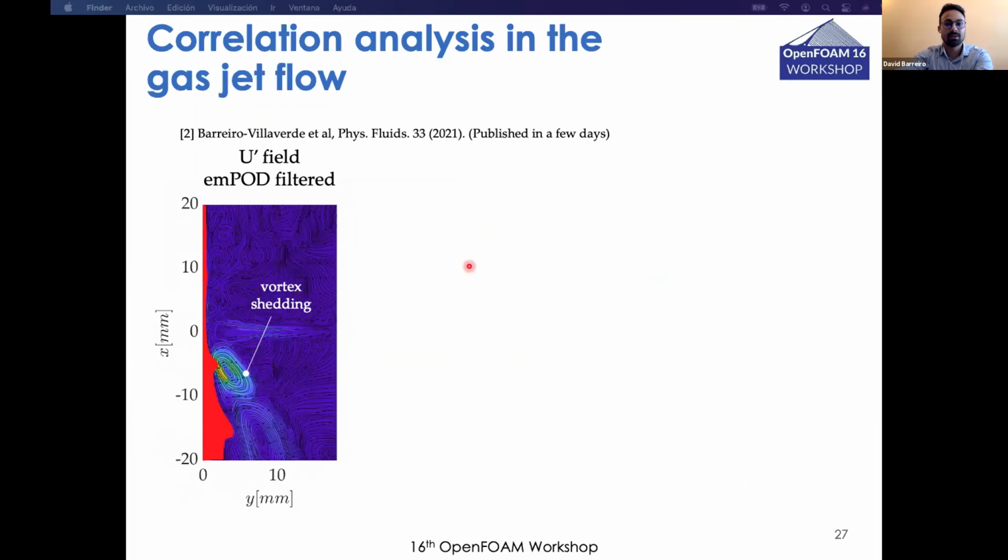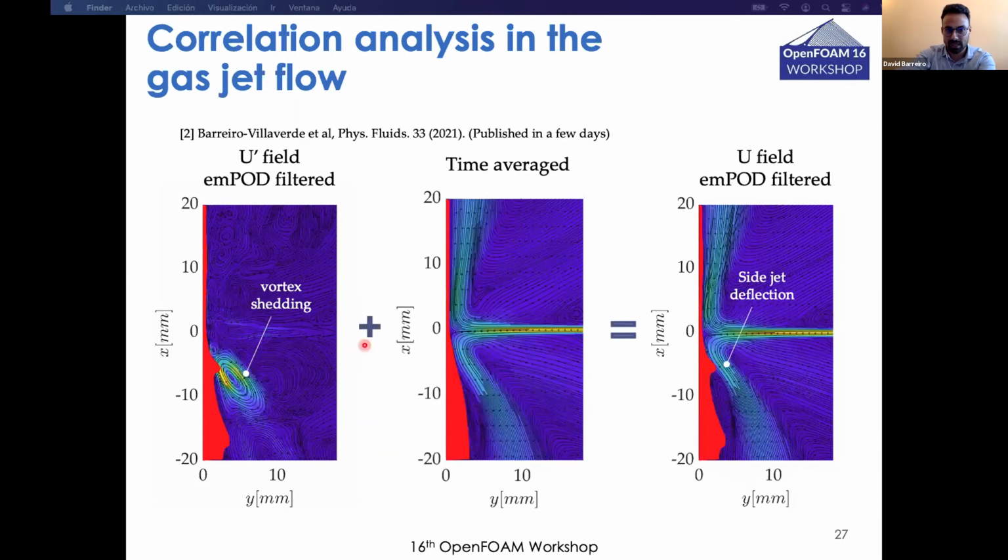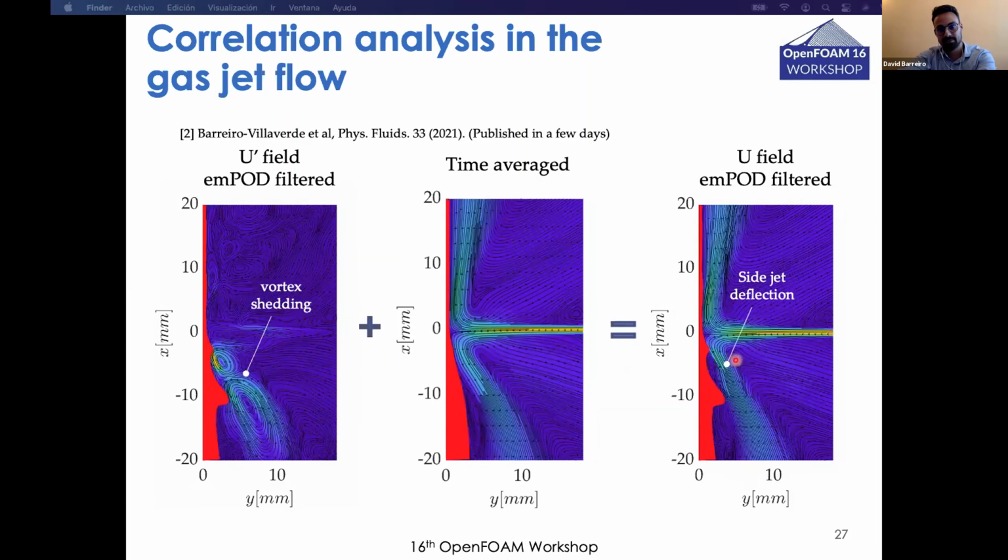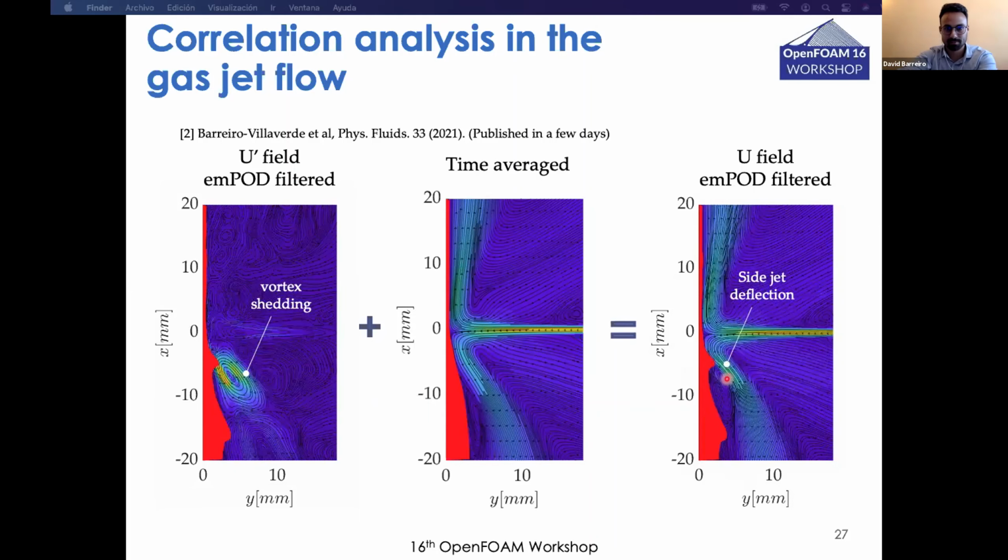And the extended mPOD also revealed that the two decoupled undulations are correlated with a shedding of vortices here near the runback flow. This was also detected in the PIV in the experiments, but not fully captured because of reflections. In reality, when you add back the mean, you can see that it is in fact correlated with a deflection of this side jet attached to the runback flow.